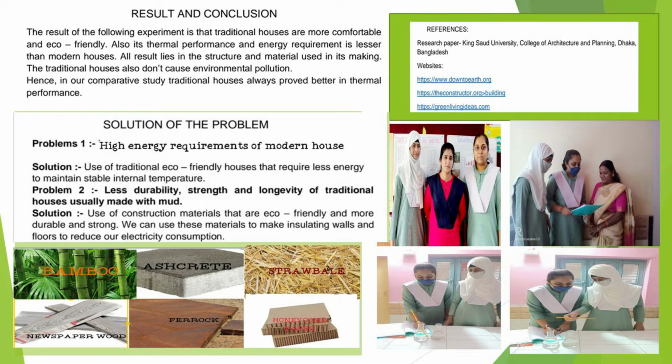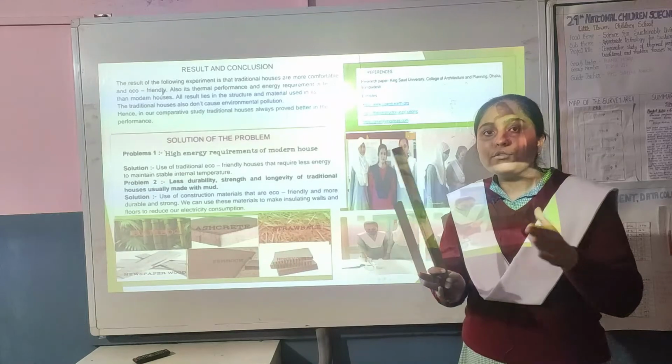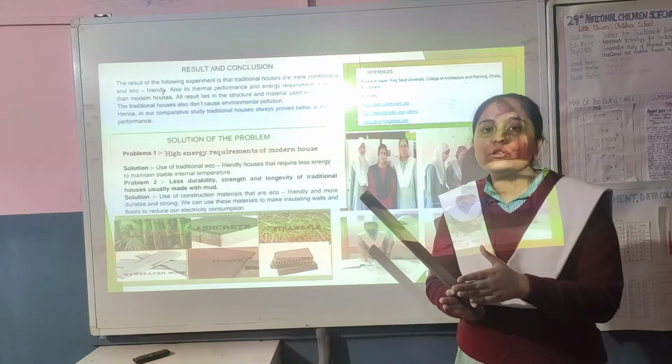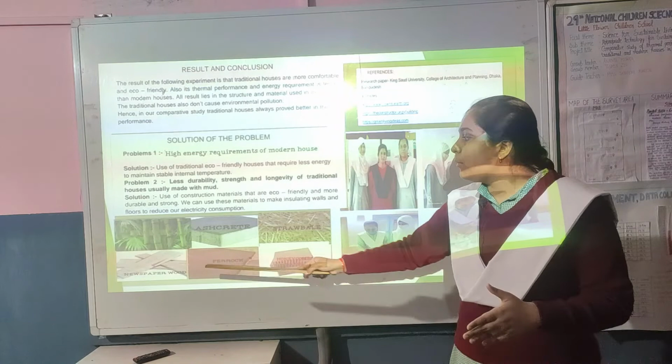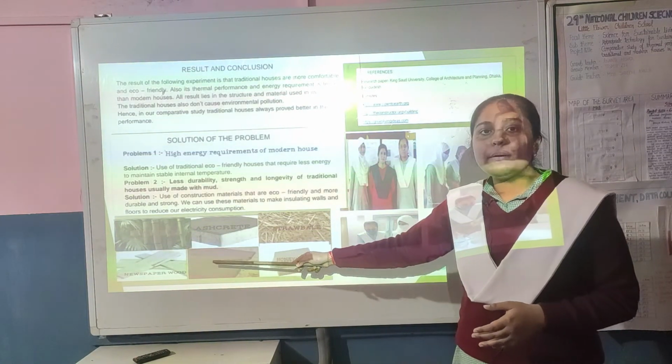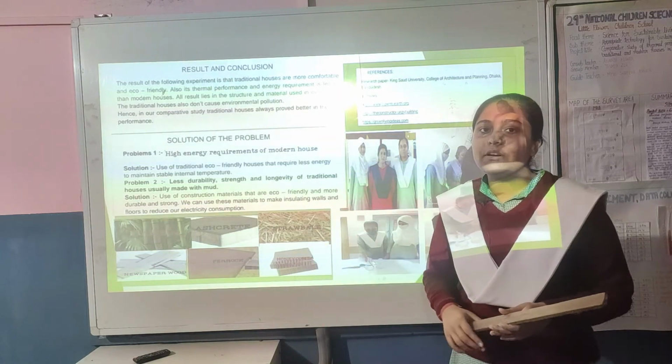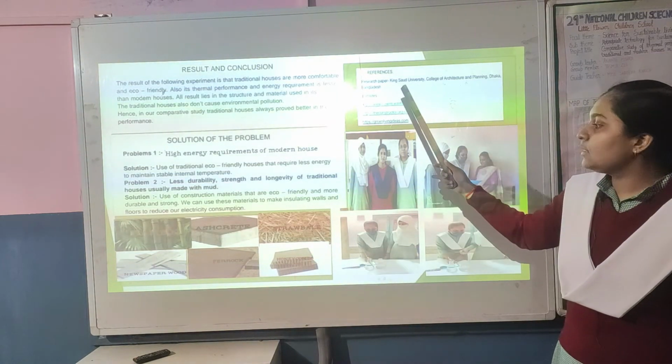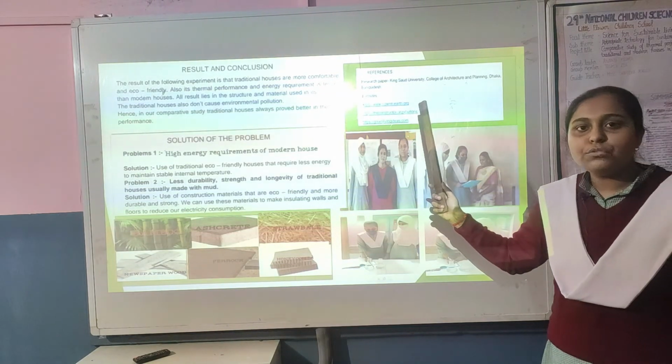The fourth one is newspaper wood, the fifth one is ferrocement, and the sixth one is honeycomb paper. These are also some of the materials which are good thermal insulators. We know that we can make paper out of wood, but have you ever heard that we can make wood out of paper? Yes, it is possible. If we apply lots of force and compress the newspapers and apply glue between them, we can make newspaper wood, and it will be a very eco-friendly and durable material, and we can use it for making furniture, etc.